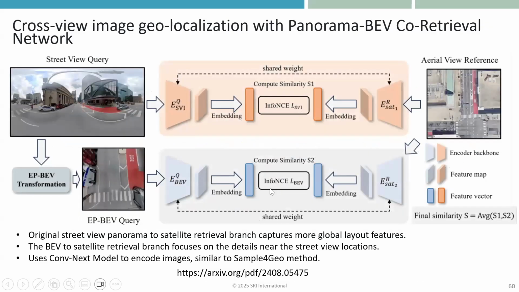So that was a nice result. Now, just last year, first we talked about these matching techniques, which match the street view image to the aerial image by transforming the aerial image. Then we talked about how we can transform the street view image to make a BEV image and match that to the aerial image, a bird's eye view image. And now one of these nice papers which came out last year combines the